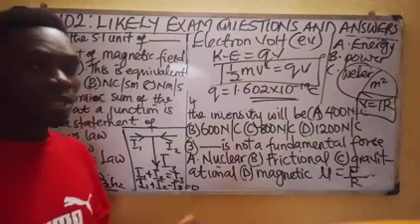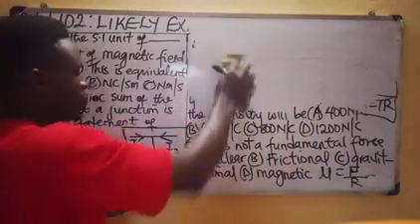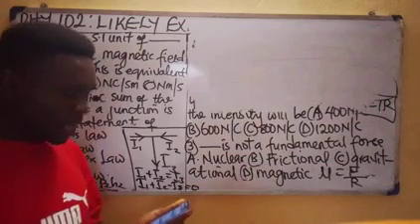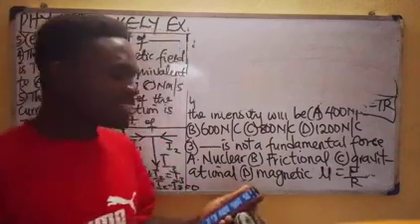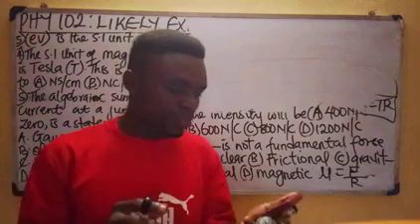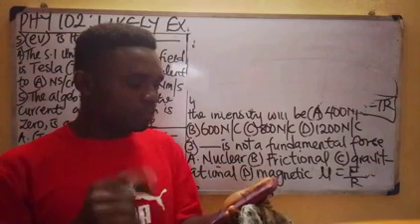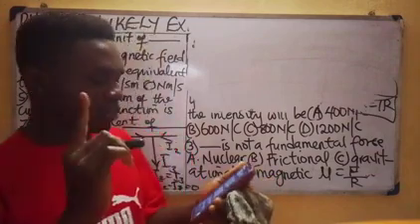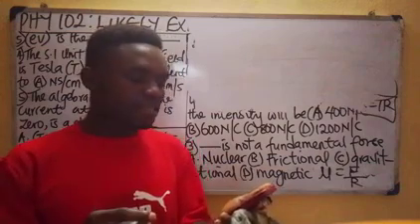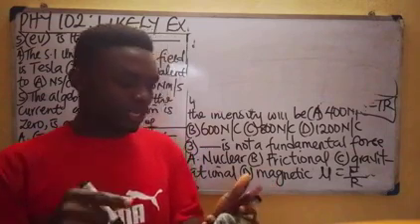So let us look at other questions. All right, we'll be very fast about it. They're asking us, listen to the question very well. The magnitude of a magnetic force acting on a charge Q depends upon the following, except: